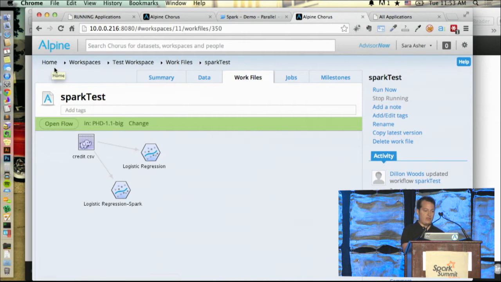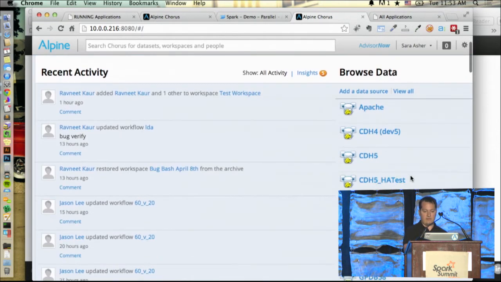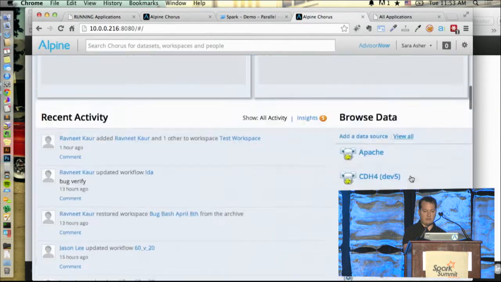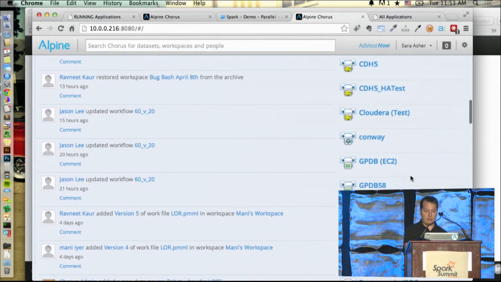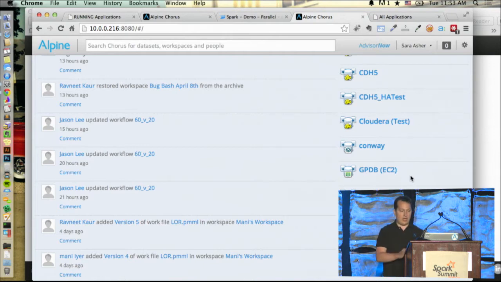But the other part that we've built more recently with our launch of 3.0 this last fall is this idea of a collaboration workspace for data practitioners and data scientists. So what I mean by that is if I go all the way out, you'll see a number of data sources that we have connected there. So we have JDBC connection, Hadoop, Greenplum, Cloudera, Hawq support, and a ton of other stuff.